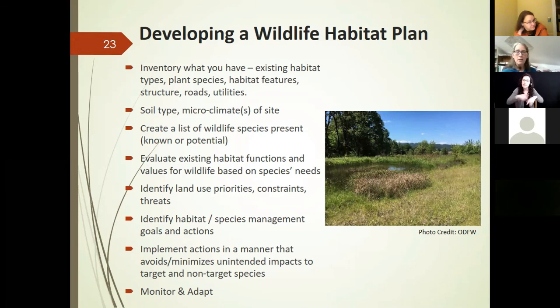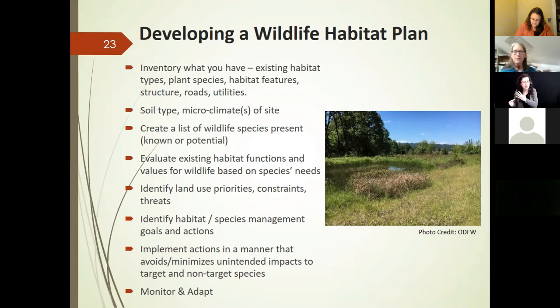Making a list of species that you've seen, if you haven't already started a species list for your property, I encourage you to, because often what you see is indicative of your habitat types, but will also inform you of current quality and maybe what you can build upon also. So make a list of species present that you've seen, and then based on the habitat types, what you would expect to be there